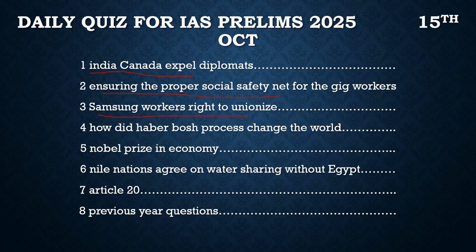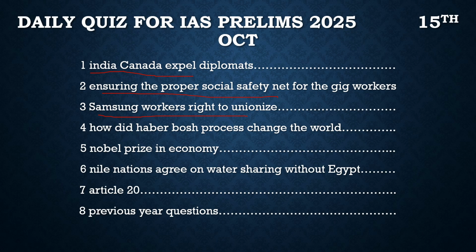So with respect to this we will try to understand what is the status of trade unions with respect to the Indian constitution. What does Indian law say about it? Usually companies don't like trade unions, because it becomes a bargaining tool for the workers, so in a way it affects the companies' profit making. But if we look at the side of the laborers, it is going to work wonders for them. So with respect to this we will solve a prelims based question and get more idea about it.